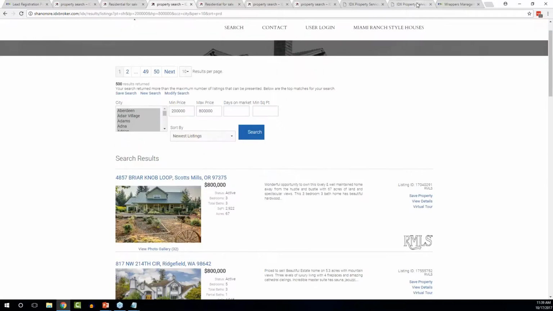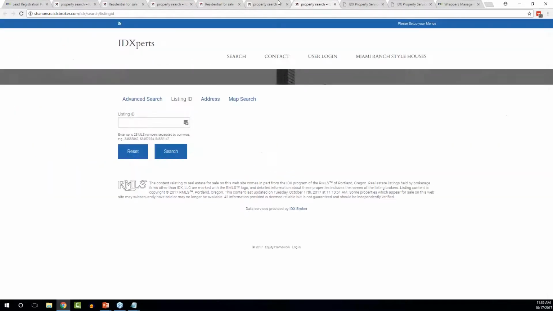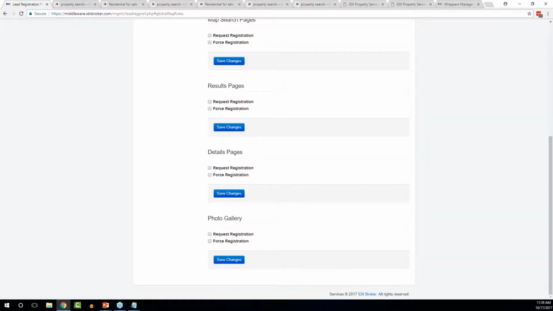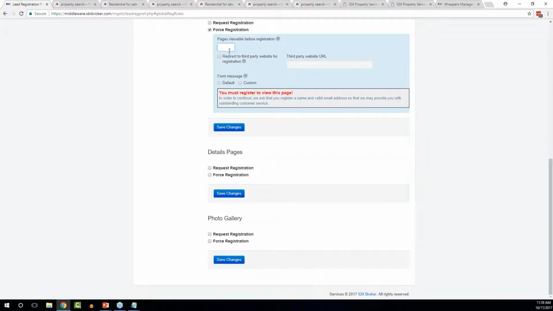And that one they can exit out of. The other option is to do a forced registration, where you do basically the same thing: the number of pages viewable, customer default message,